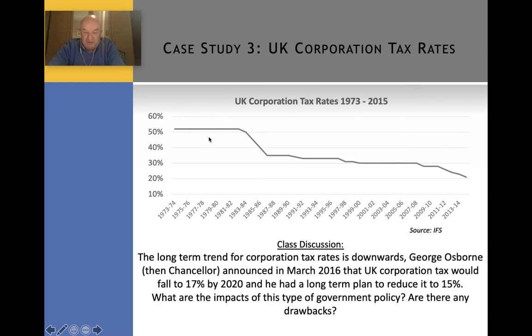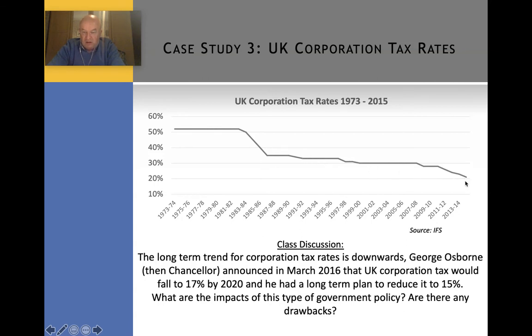So you can see there has been a significant fall. Around about the late 80s, there's a significant fall from the height of 50%, dropped to about 35%, but it's continued to fall,